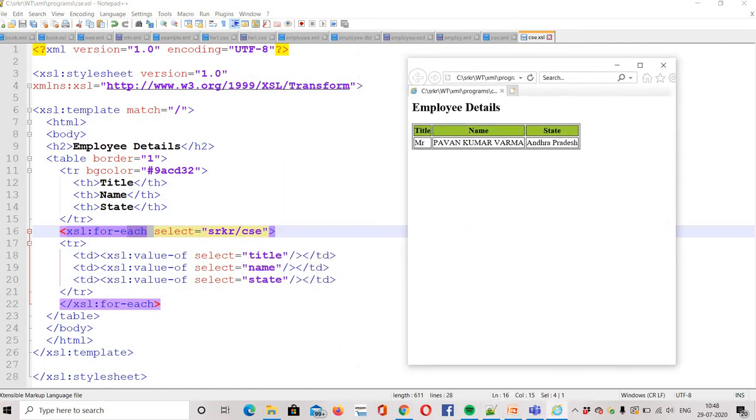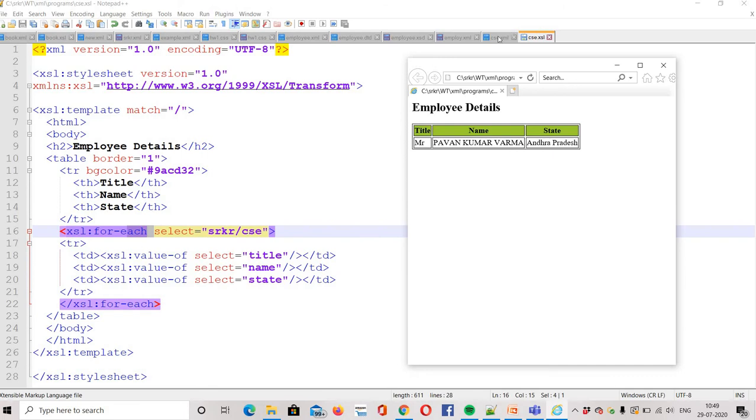This is the table with the H2 employee details, and I have taken a table with border 1 and background color. For the first row I gave some background color, that's why it's showing, and the first row consists of title, name and state, and the second row consists of the values of the title, name and state.